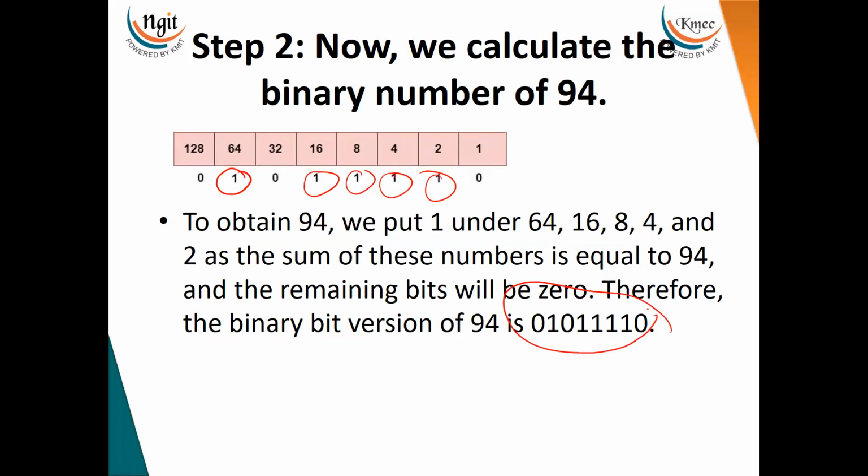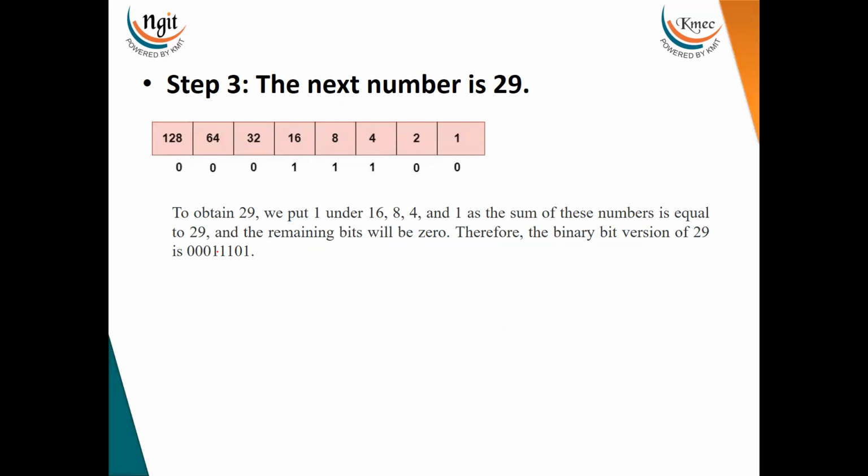To make the 29, what we have to do here is put 1 for the 16 as well as 8 as well as 4. Now the binary number for the 29 is 0001101. Here to obtain this 29, we have to put 16, 8, 4 and 1 as a sum of these numbers, equal to 29. Here, one small mistake: this also we have to keep 1. 16 plus 8 plus 4 plus 1. Now it is 24 plus 4, 28, and 1, 29. Therefore, the binary version of 29 is